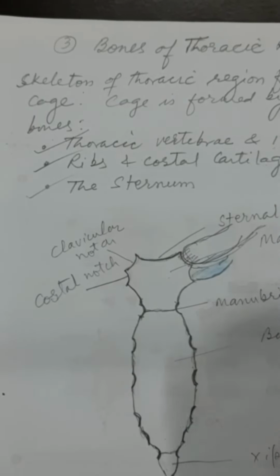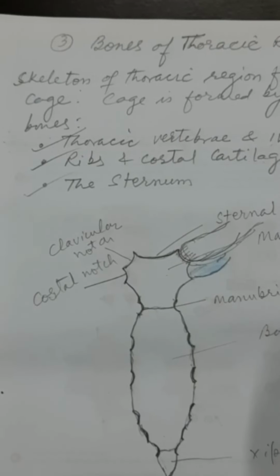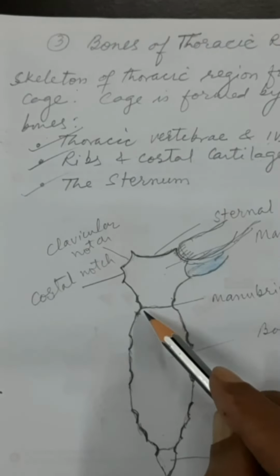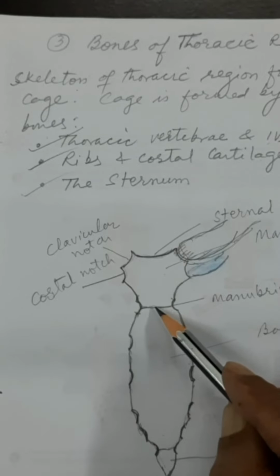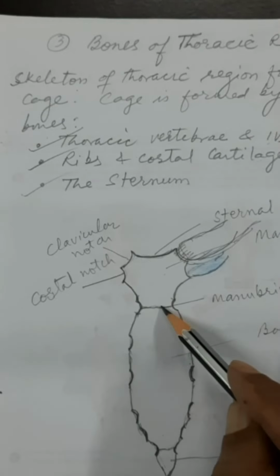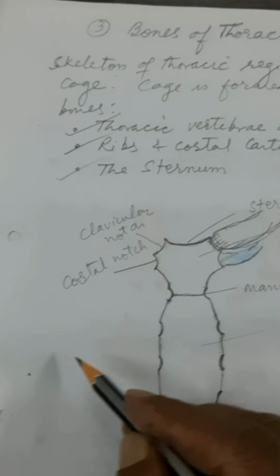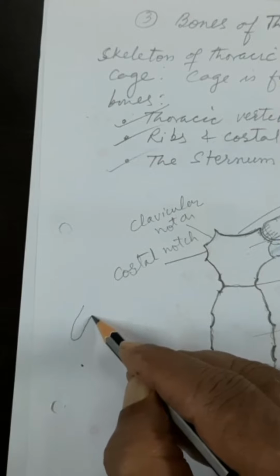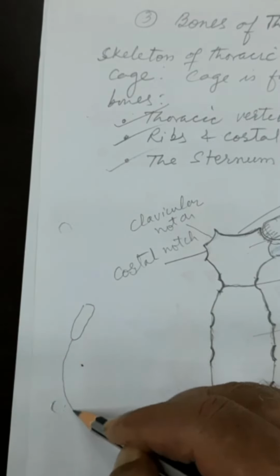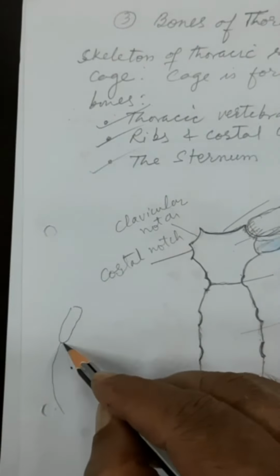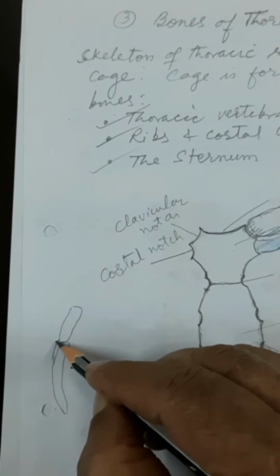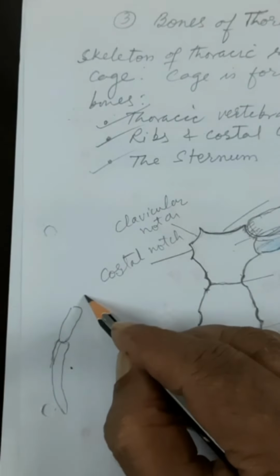Manubriosternal joint. Now this joint, manubriosternal joint, is slightly raised. It can be felt subcutaneously, because it lies just beneath the skin. This is the raised joint. If I draw it here, this joint, by cutting a longitudinal section, this will be the manubrium and this will be the sternum. Just a minute. This will be the body of the sternum below the manubrium. So this joint is raised here and it makes an